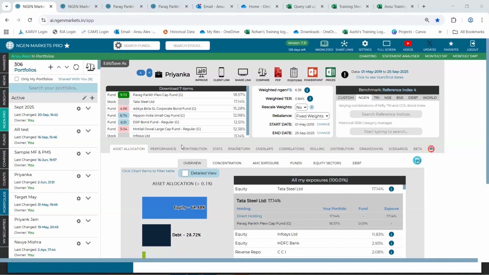Yeah, so this is how your portfolio analysis would look like. There was another question in the chat box: how would portfolio analysis look like? So these are all the tabs that you can come across when you go forward with a portfolio level analysis on the platform.